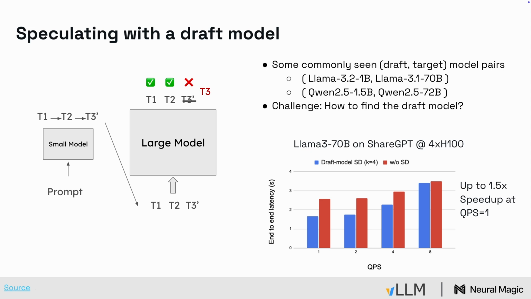So here I'll describe how you speculate with a draft model, as you kind of saw before. Usually you take a model within an existing model family. So if you're running Llama 70B, grab the Llama 1B or 3B. These are good model pairs just in terms of instruct models, but also if you have custom fine-tuned data or custom data sets, generally if you fine-tune a large model and fine-tune a small model, you can get pretty good alignment. The challenge is, if you don't have a draft model, if you're doing a custom model, how do you